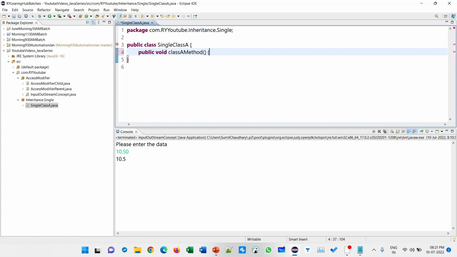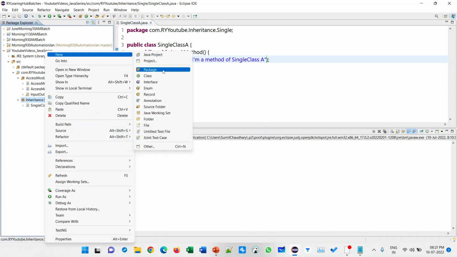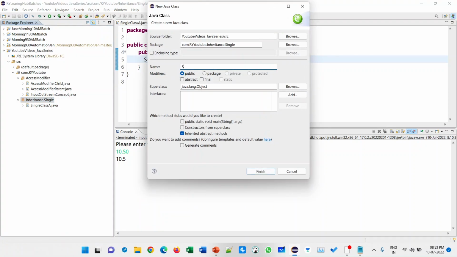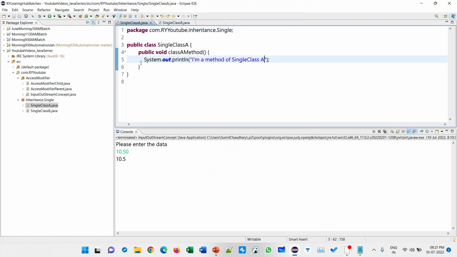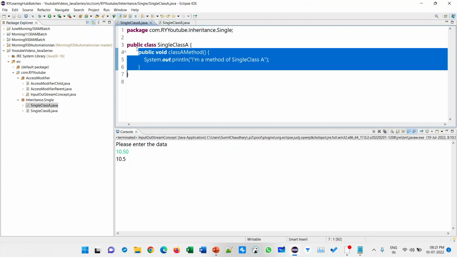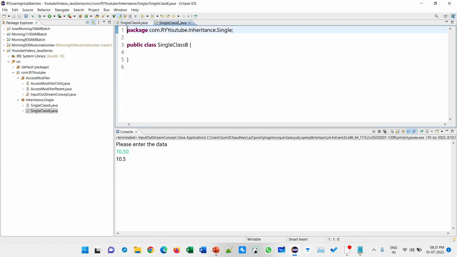Method: I am a method of class A. Now single class B. For time saving, I am going to copy this.